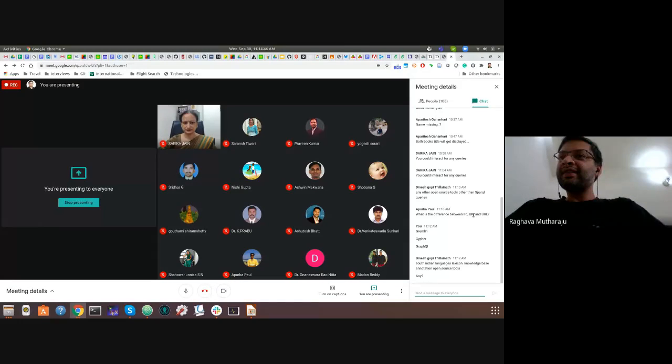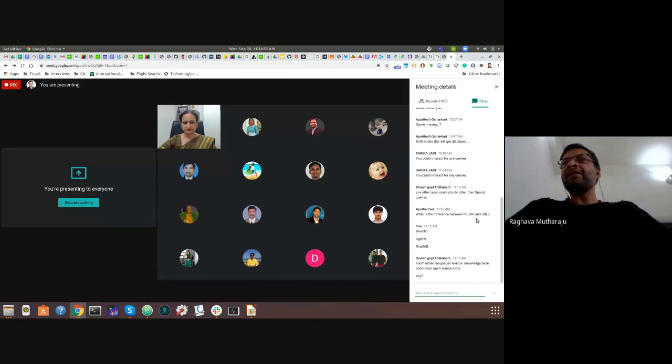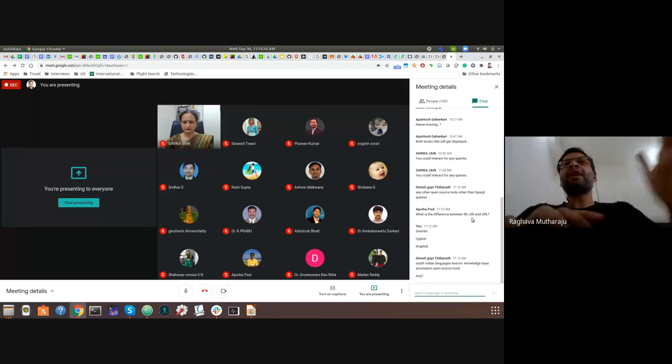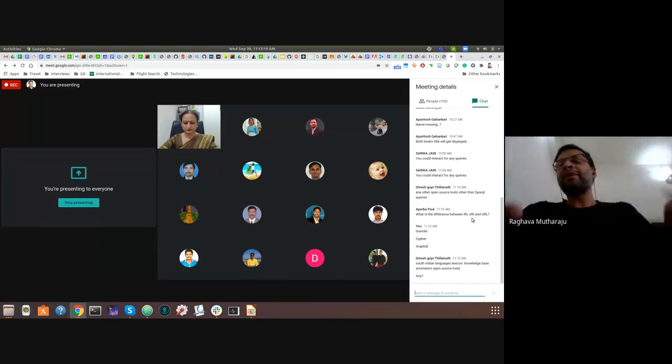So URI, it's similar to URL in the sense that it's also used to uniquely identify a particular resource, but that resource need not be a web document. It can be a web document, or it need not be. So it can be a chair, for example, a chair in a room, or it can be a person, or it can be an aeroplane, right? It can be anything. So the other difference between URL and URI is that URI need not be browsable. So you don't have to necessarily get a web document back if you put the URI in the web browser,